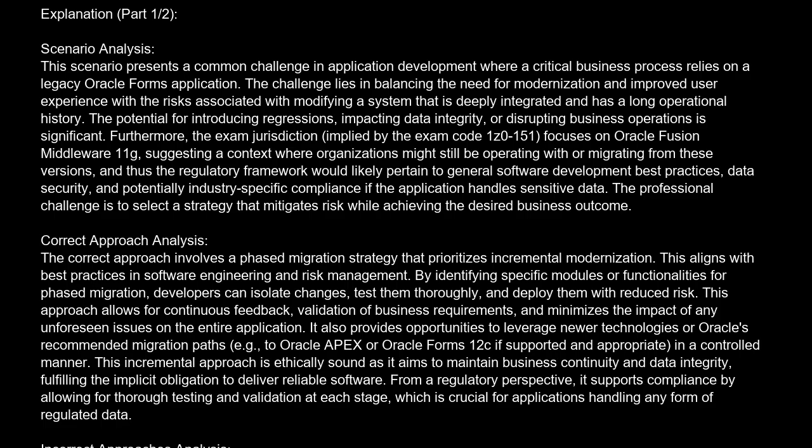Correct approach analysis. The correct approach involves a phased migration strategy that prioritizes incremental modernization. This aligns with best practices in software engineering and risk management. By identifying specific modules or functionalities for phased migration, developers can isolate changes, test them thoroughly, and deploy them with reduced risk. This approach allows for continuous feedback, validation of business requirements, and minimizes the impact of any unforeseen issues